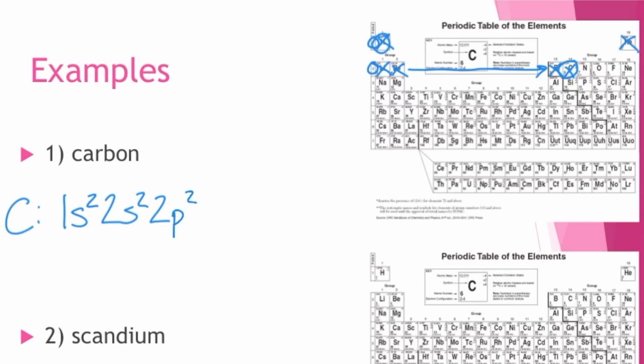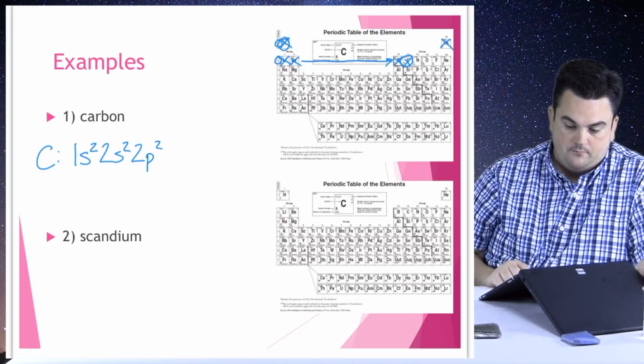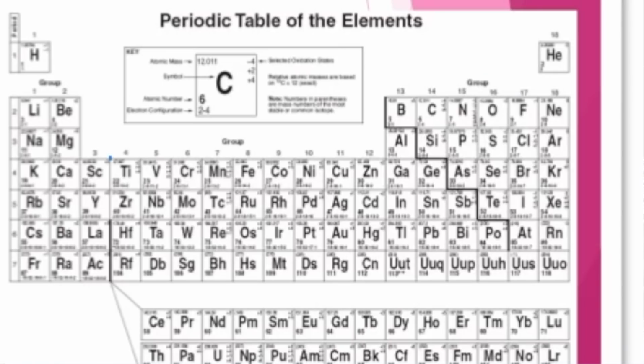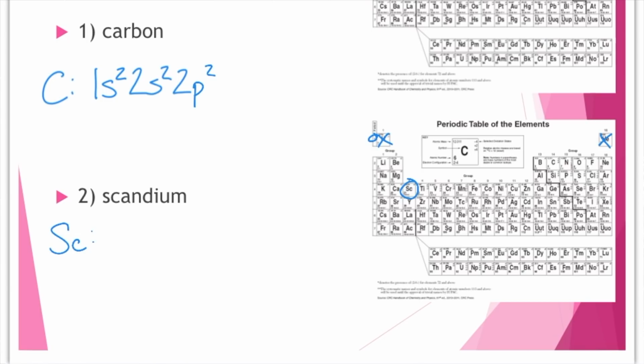Well done. All right, we're going to try a slightly more challenging one. This is scandium. So let's find scandium on our periodic table. All right, so scandium is Sc, and that is right there. That's a little further down. Yeah, we're going to have a few more electrons to fill up. All right, I'm going to let you take the lead here, since we've done one. I'll let you start at the beginning and count over. So we're always starting at hydrogen here. That's in my first energy level, and I've got 2 of those from my S block, so that's a